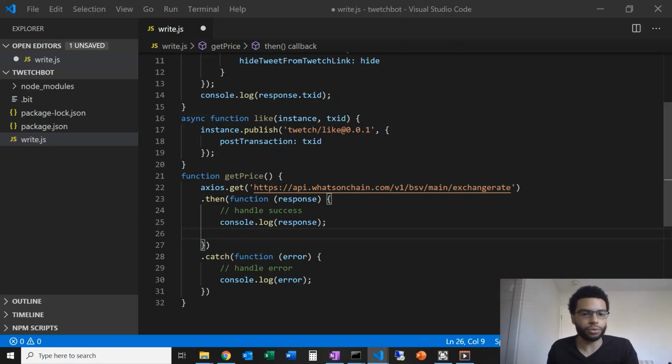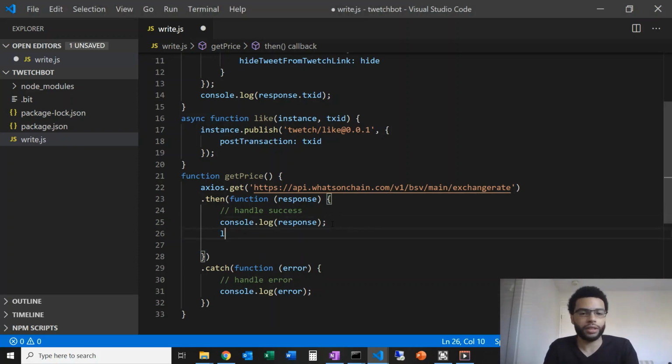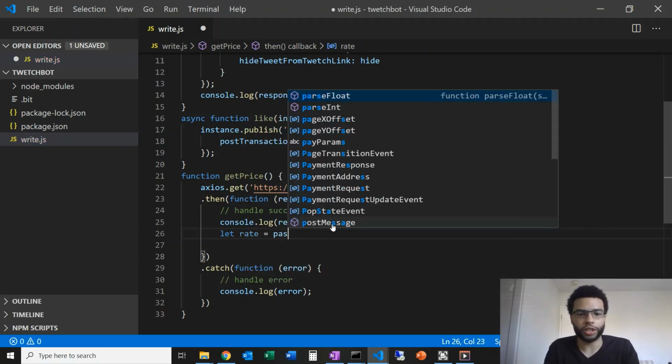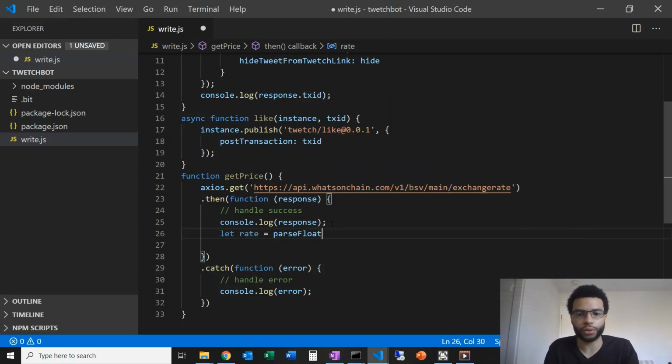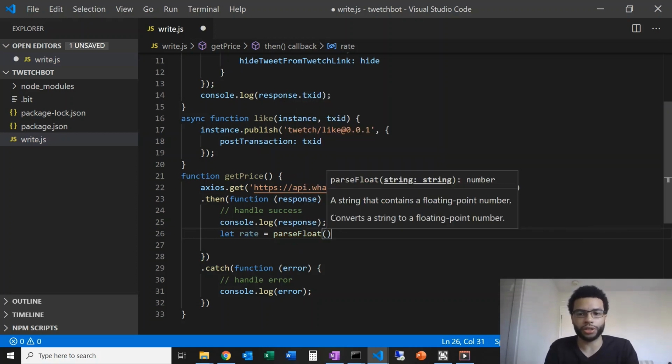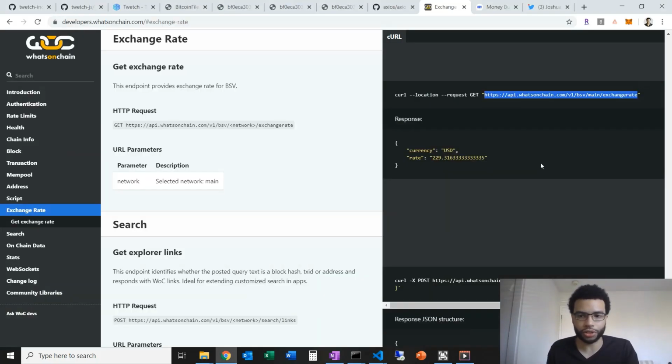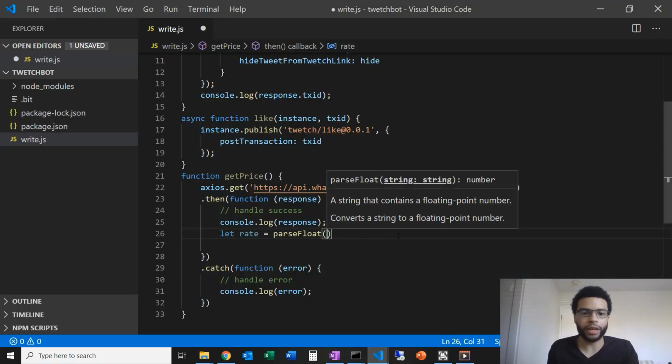What I need to do is, let rate equals... So I'm going to use a base function called parseFloat. All that's going to do is just get the floating point number. You'll notice that this has lots of decimals on it. Since I know that that's coming back, I want